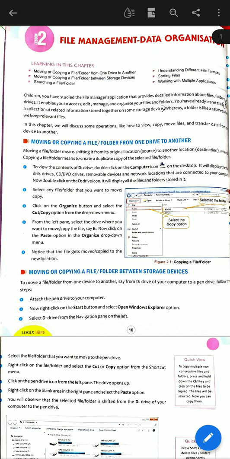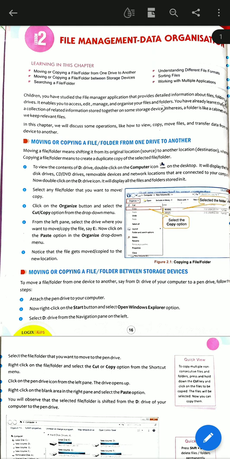You have already learnt that a file is a collection of related information stored together on some storage device. So students, what is a file? A file is a collection of related information.